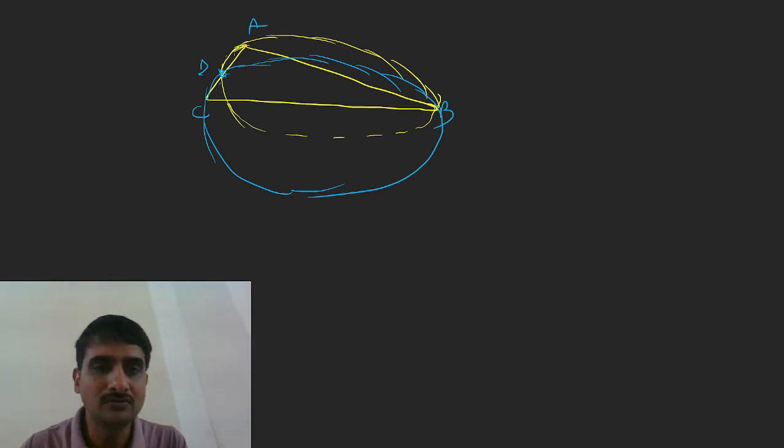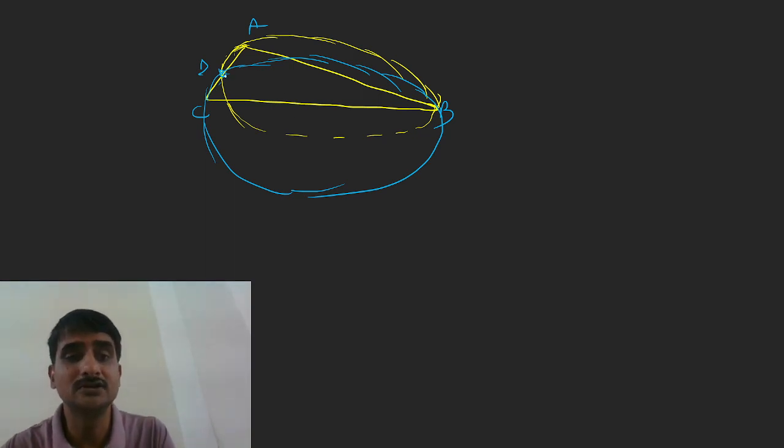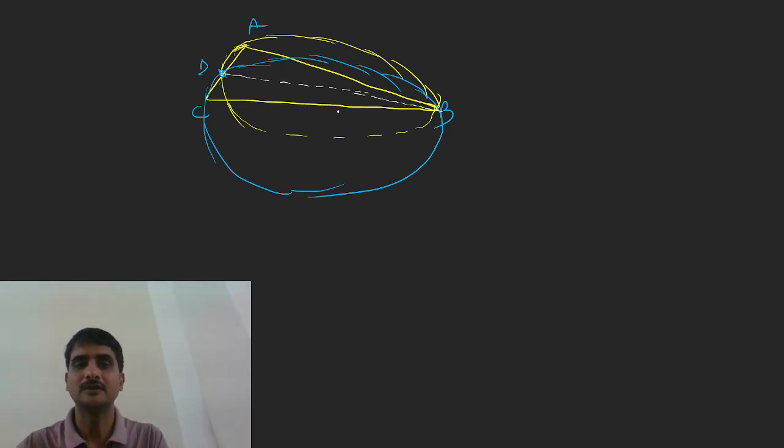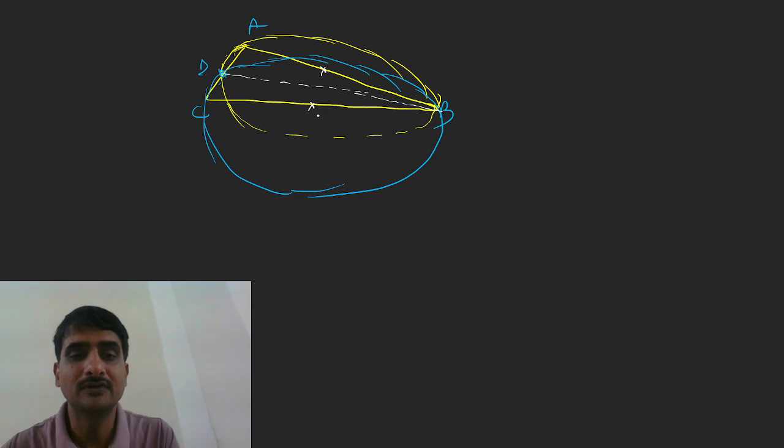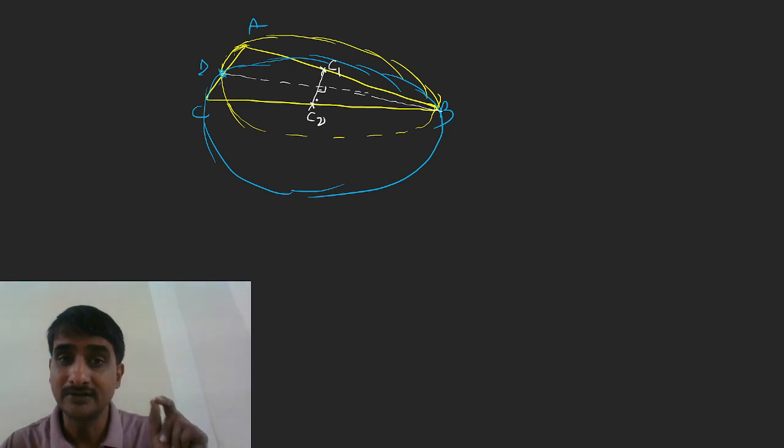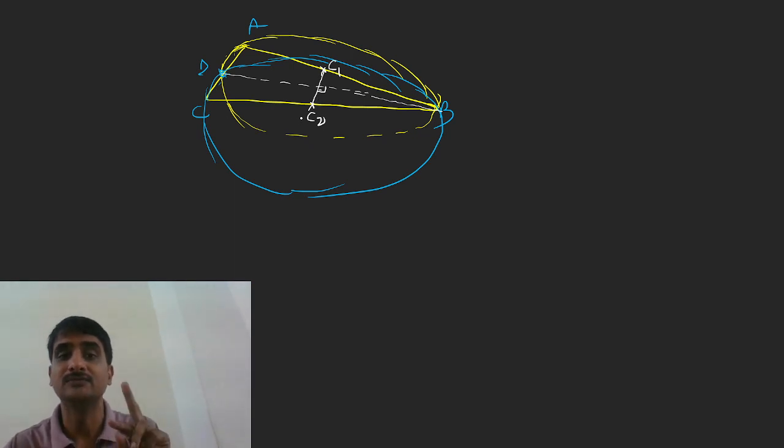Okay. Now see the radical axis. When two circles intersect each other, the radical axis is this thing. Okay, and it is perpendicular to the line segment joining the centers. So line segment joining the centers, I'm considering this to be C1, this to be C2, so line joining centers. Now since the centers are the midpoints of AB and BC, so using